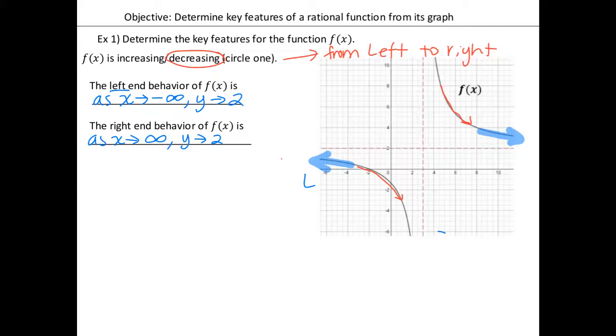If you notice, they're getting close to the dashed line, which we saw earlier was the horizontal asymptote. So the end behaviors are always going to be approaching the horizontal asymptote. Okay? So the far left and the far right